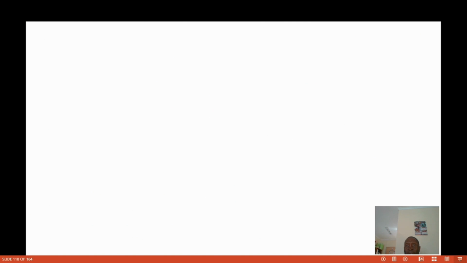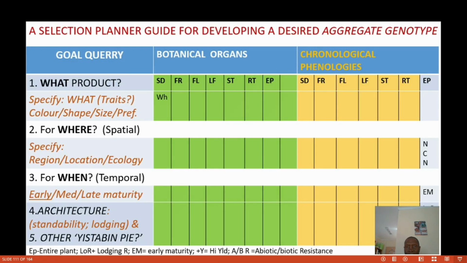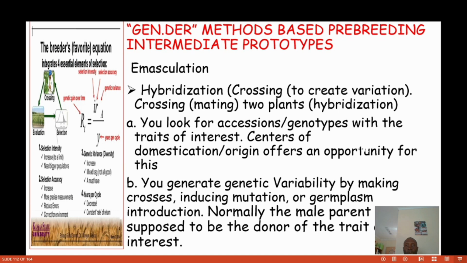And this is where we want to go, and we'll be moving very fast. And therefore here, as we go on in the gender methods based in breeding intermediate prototypes, when you are doing the crossing,